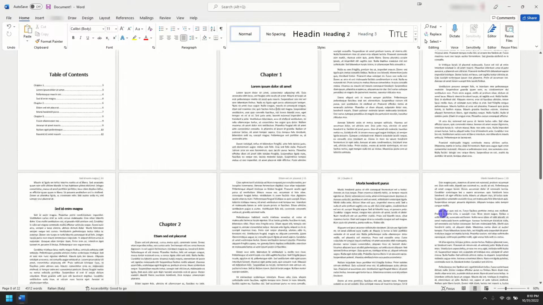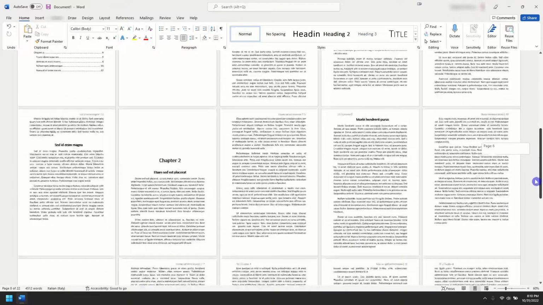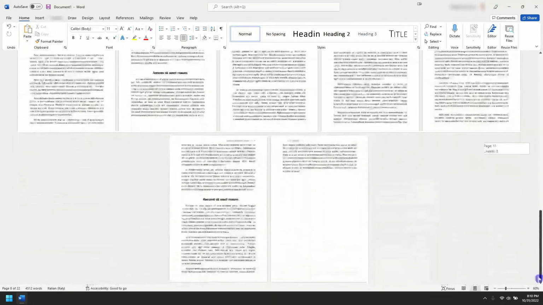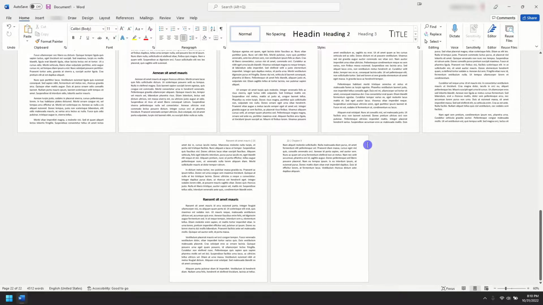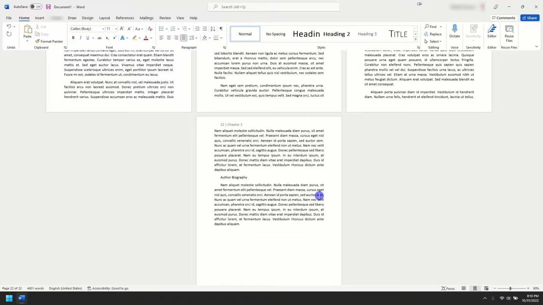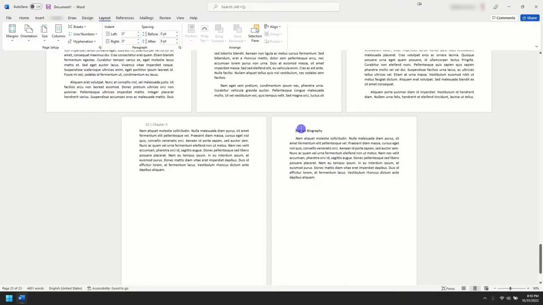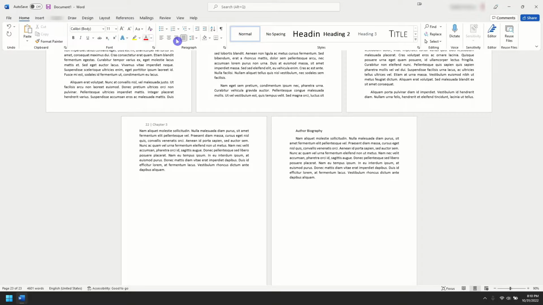Now one last thing, just to show you how easy it is to add another section, this time at the end of the book. So we go at the end, hit enter. Here we want to add, for example, author biography. Let's also copy some dummy text for this section. So we add a section break here. We mark this with heading 1